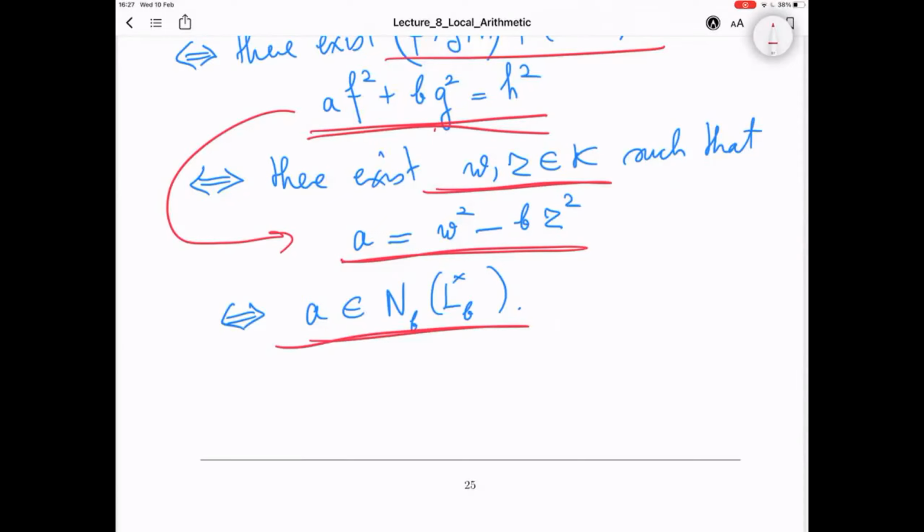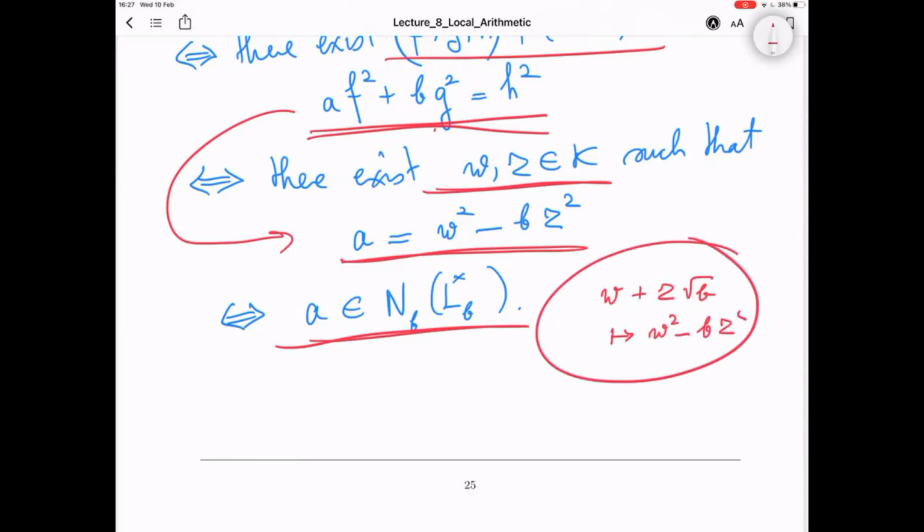Because the norm map from LB will send W plus Z root B to W squared minus BZ squared, right? There's a norm map from LB star to K star. Okay, so